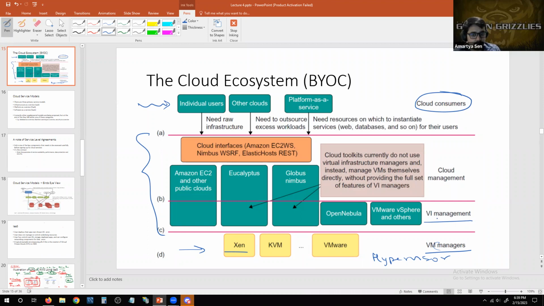So for example, for the VI management, you have the options for VMware again, which is the commercial one, not the same one as this one. Or then there are options such as OpenNebula, right? And by the way, keep in mind that these are open source to a certain degree, right? So anybody can kind of take it as it is and then modify it